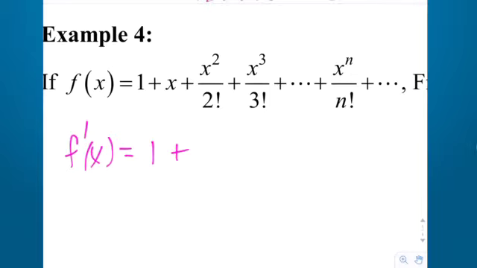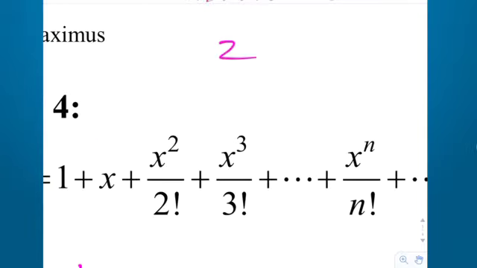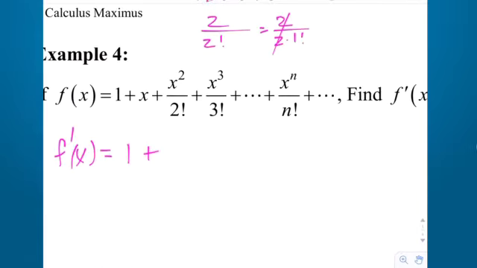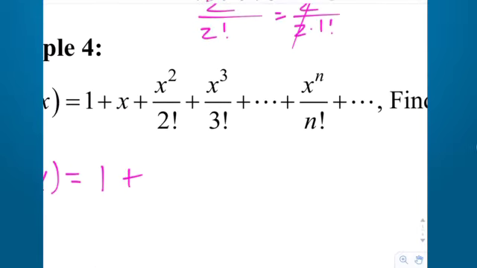now remember, if I take the derivative of x squared, I'm going to get a 2 over 2 factorial. 2 over 2 factorial simplifies to, because 2 over 2 factorial is the same as 2 over 2 times 1 factorial, and so it'll divide out. So basically, 2 over 2 factorial is 1 factorial. So we're just going to get x over 1 factorial, which is, of course, just x, plus the derivative then